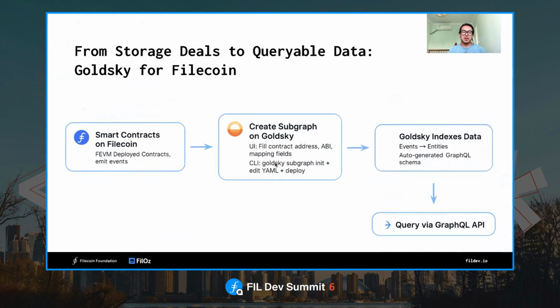As you know, the Filecoin Virtual Machine was launched back in 2023. After that, a lot of smart contract applications have been built on top of it, either storage related or not storage related. But for all these applications, having a good way to request structured and queryable data is super critical